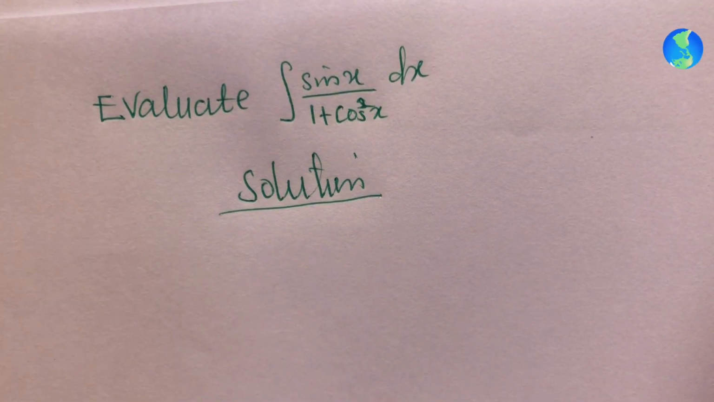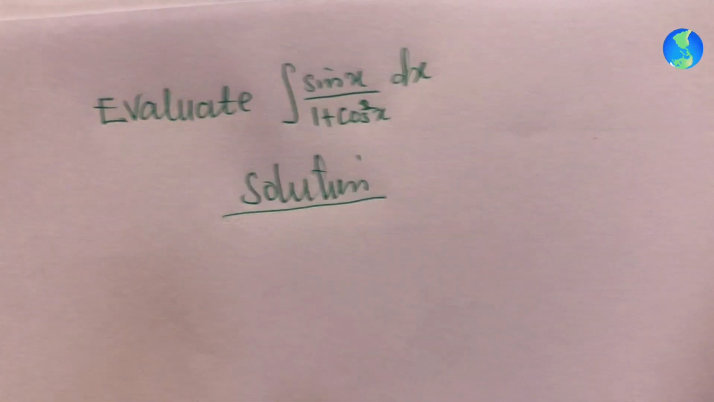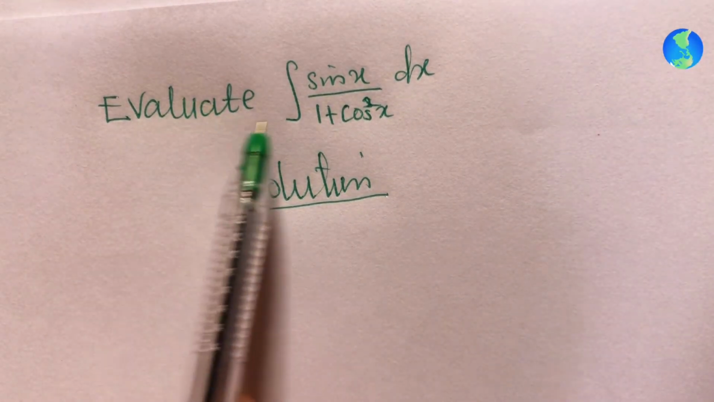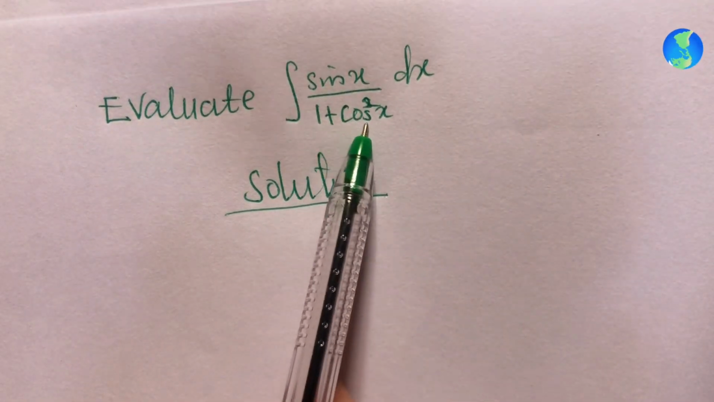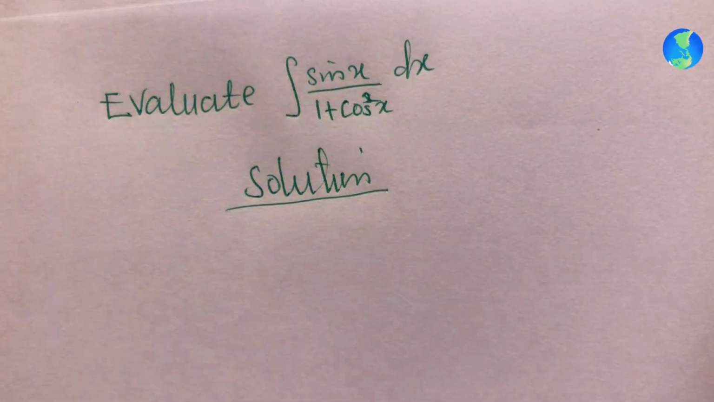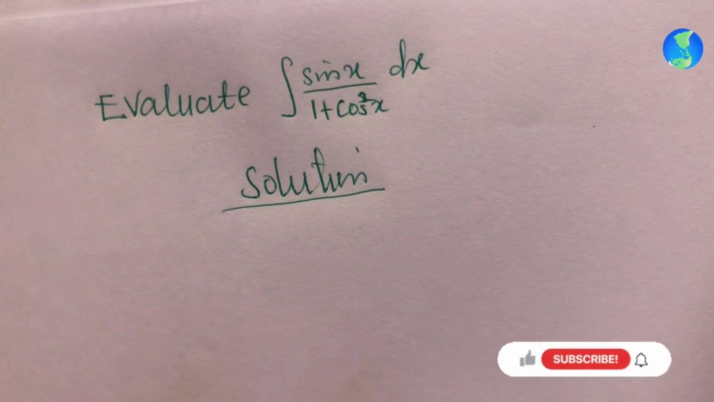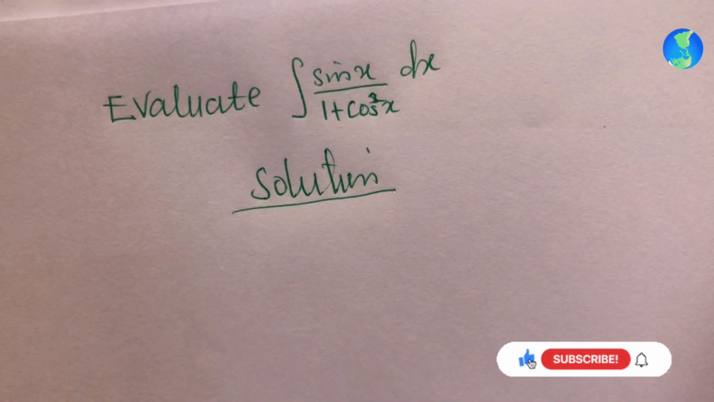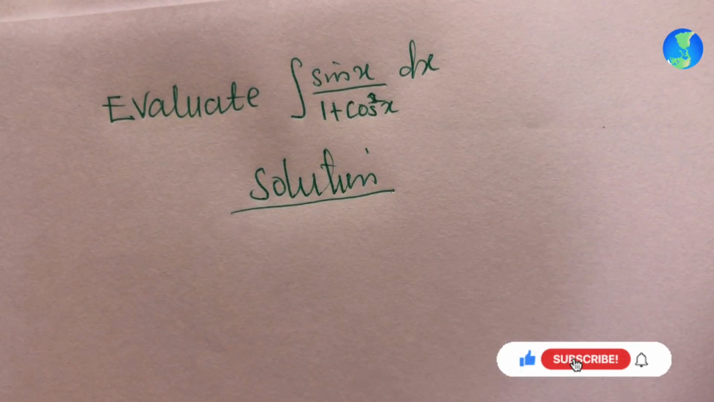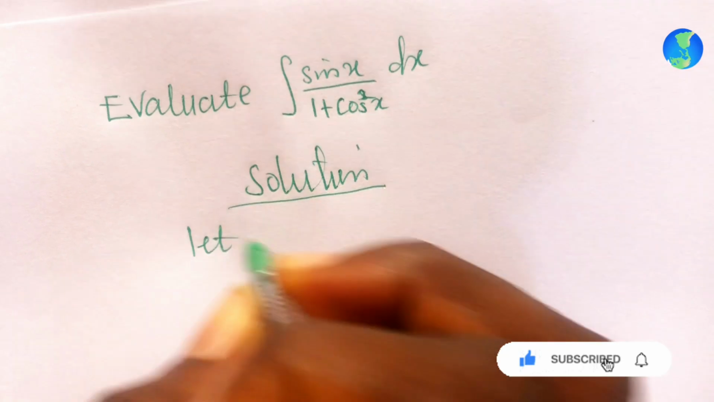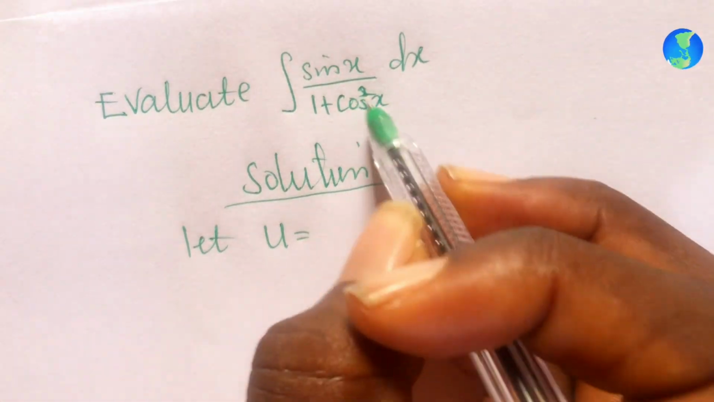Hello guys, in today's episode we are given an integration to tackle, which says evaluate the integral of sine x over 1 plus cos square x dx. Clearly, we will use the u substitution to solve this because none of the methods we know about can solve it. So let me say I will let u be equal to cos x